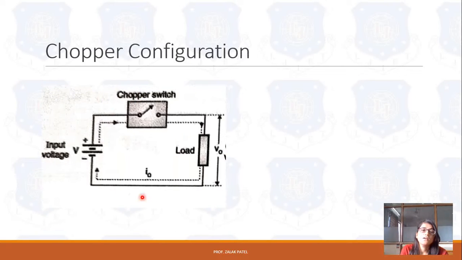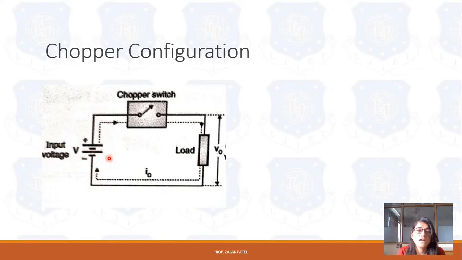This is the basic configuration of a type A chopper. We will see it in detail; this is the introductory part. Here again, as we discussed, the chopper can be used as a switch, which is why in the block diagram it is written as chopper switch. The chopper switch can be either on or off. Across it the load is connected, and please note that the voltage applied here is not AC, it is DC voltage, and that's why it is a DC to DC converter or chopper.